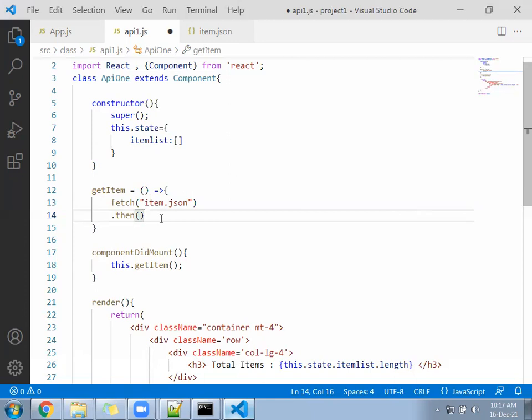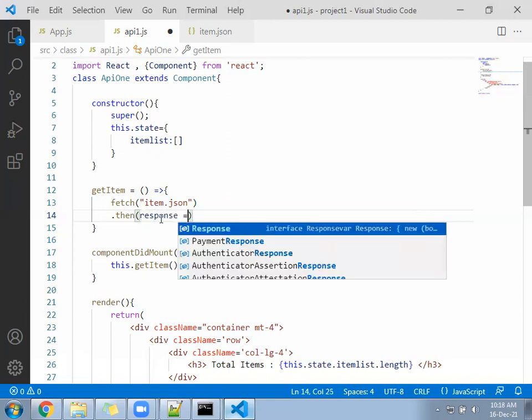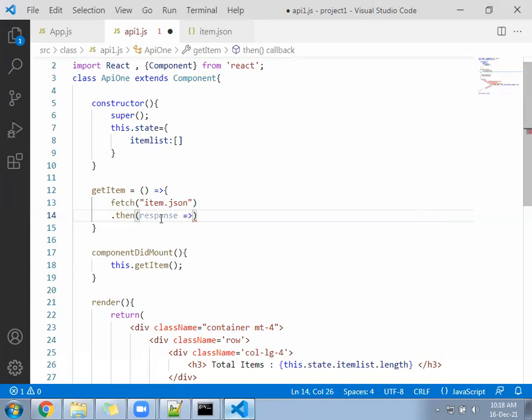When the response comes, the response requested by the fetch function will be captured by the then function in a variable, response. But this response will come in the form of encrypted data. You have to convert it into a JSON object, using response.json(). Still you have not received the data in the form of an array.